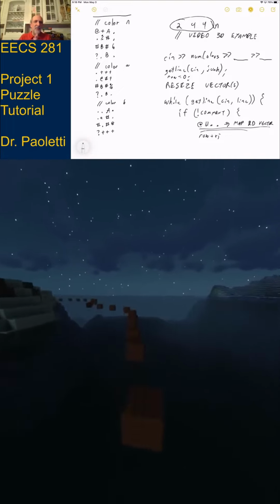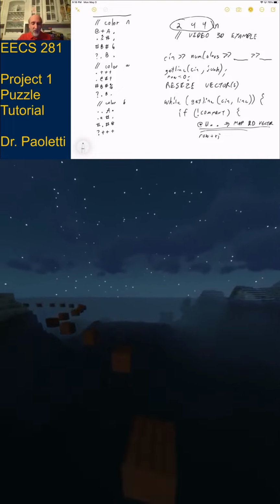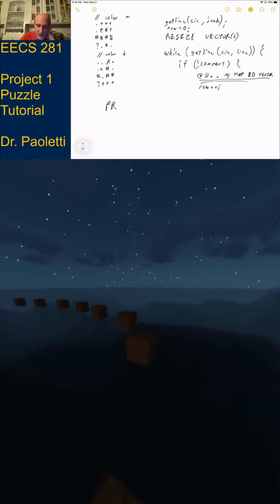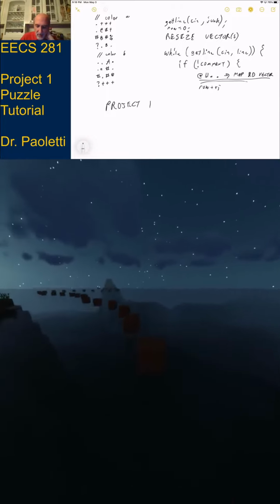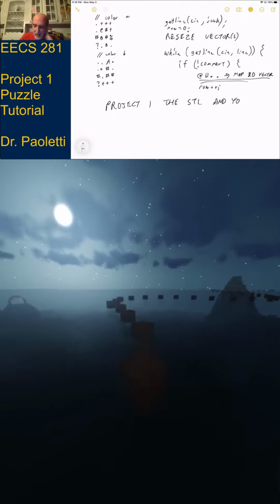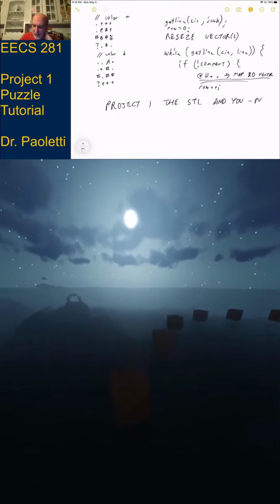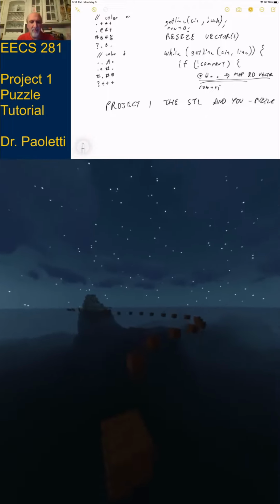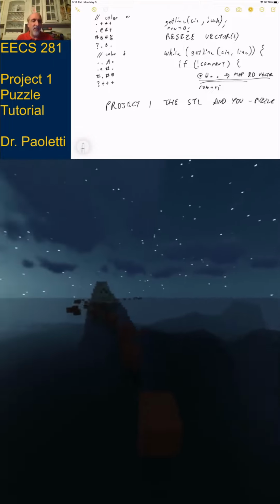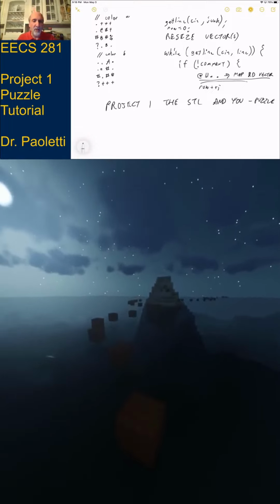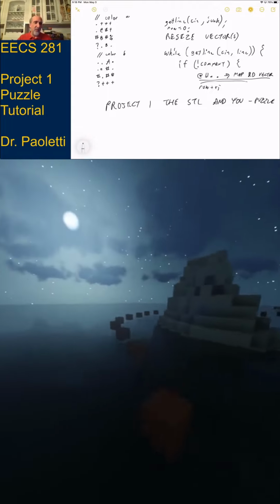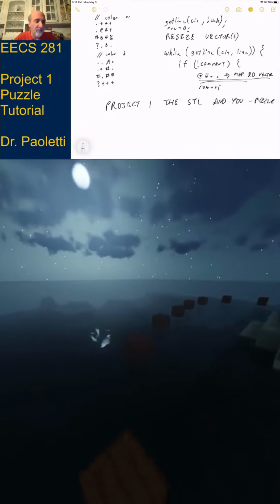Also, you're going to need this, and there's also another thing to look at. There's something we gave you on the Canvas files, it's called Project 1, the STL, and U. And then I think it's got the dash puzzle. Because we've got like half a dozen different Project 1s, so I renamed these because there's a little bit of stuff in there that's specific to the puzzle. But it's mostly generic. But look at this stuff. Before you start coding, look at this. Really important stuff in there.